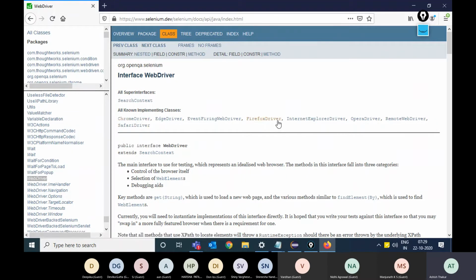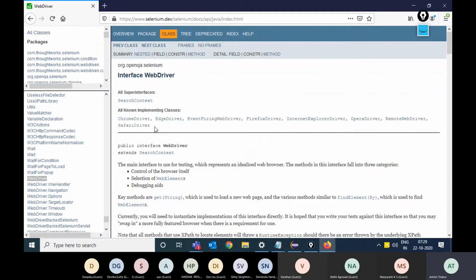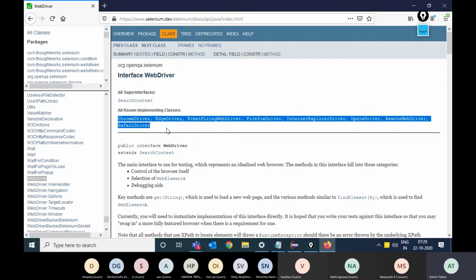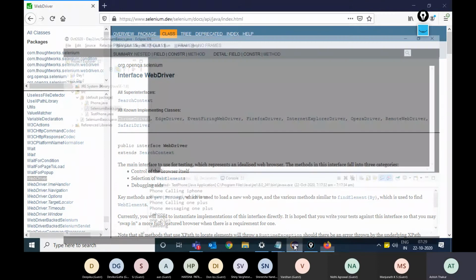So there are different driver classes in Selenium, concrete driver classes. And you need to create the objects of these classes in order to automate these browsers. Let's look at ChromeDriver. Okay, right. So this is the ChromeDriver class.